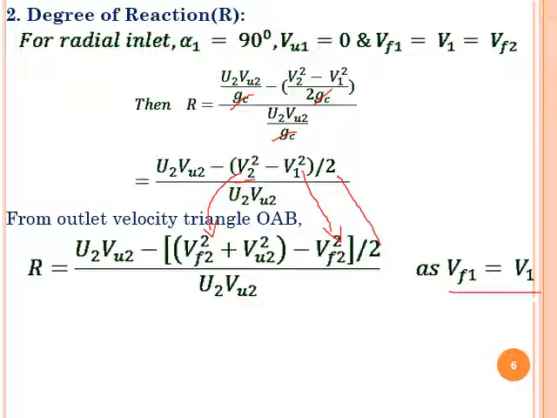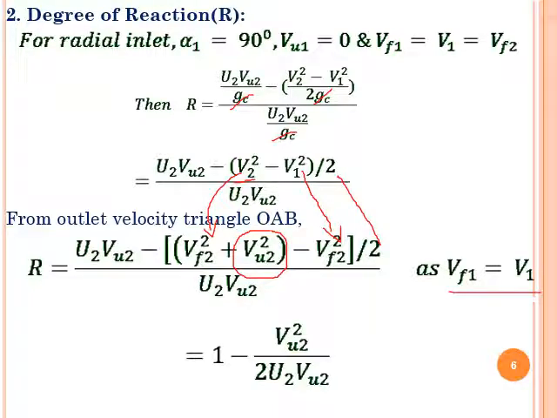Now after simplifying this one, say U2 Vu2, and here open the bracket. So now here Vf2 minus Vf2 square, and once again minus Vf2 square is there, that will get cancelled. After simplifying that, the degree of reaction R is equal to once again U2 square by Vu2 square, the ratio of U2 minus U2 into Vu2 by U2 into Vu2, that is taken as 1 minus, so here the remaining terms is the minus V2 square term that remains